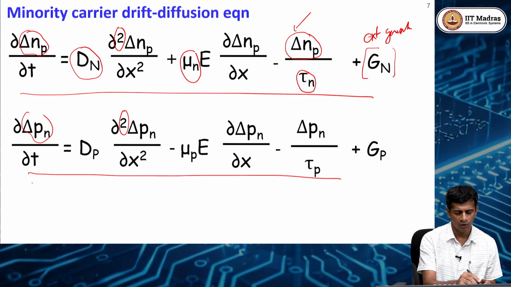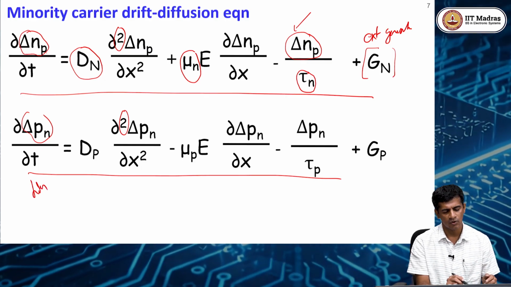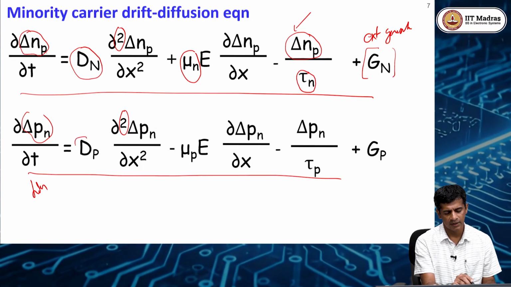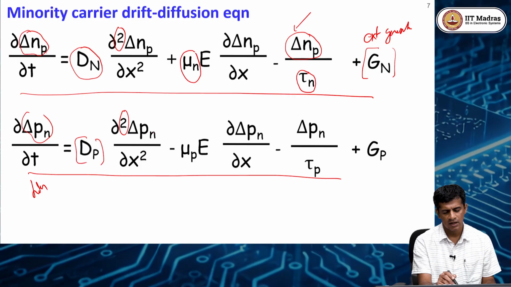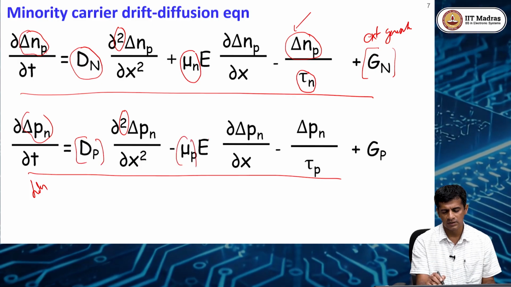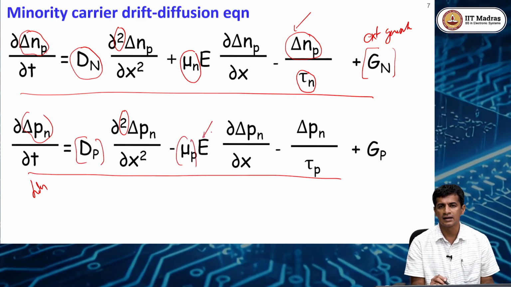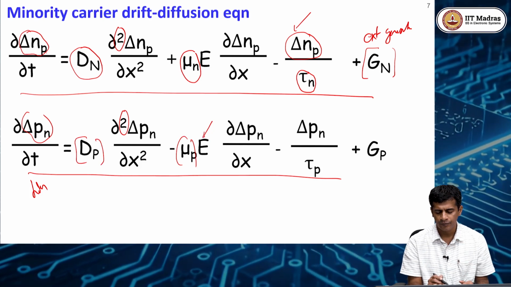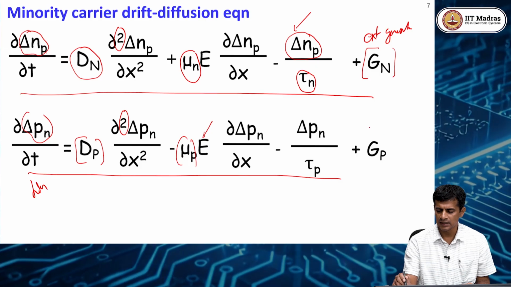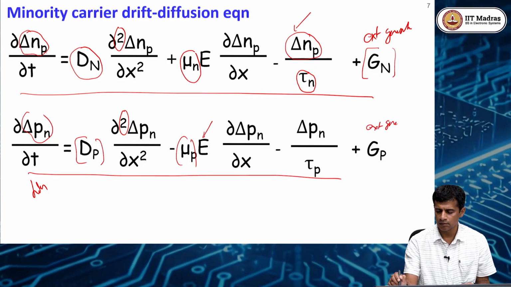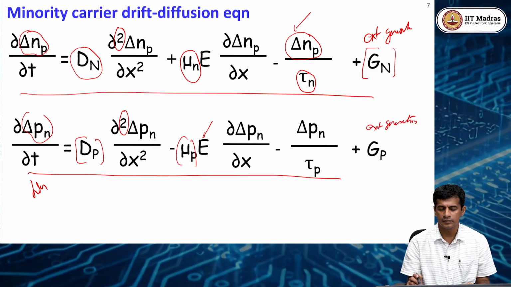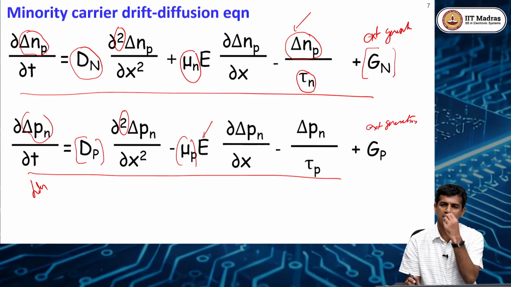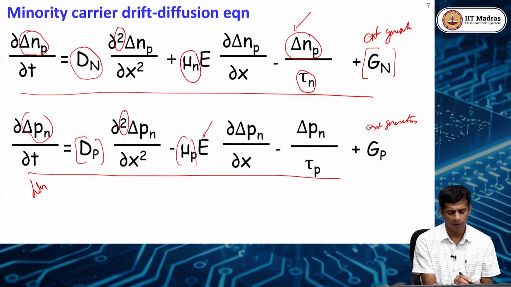Similarly, these are for holes. Okay, so this is for the holes. If you have the holes, this is the diffusion coefficient of holes. All right, so this is the mobility of the holes. This is whatever the electric field which is present, right? And this is the external generation. All right, so these are the drift diffusion equations, these are the transport equations, and with that,